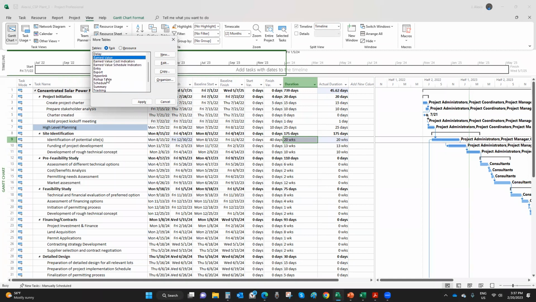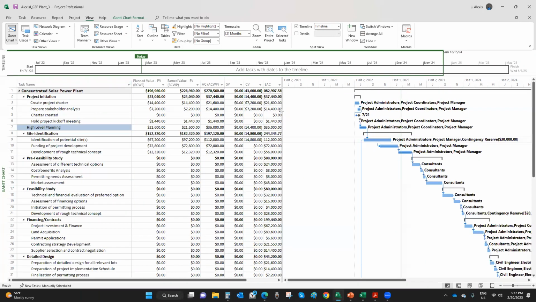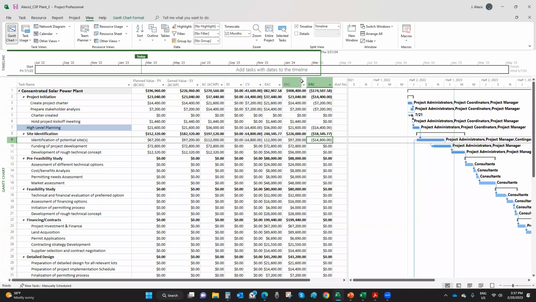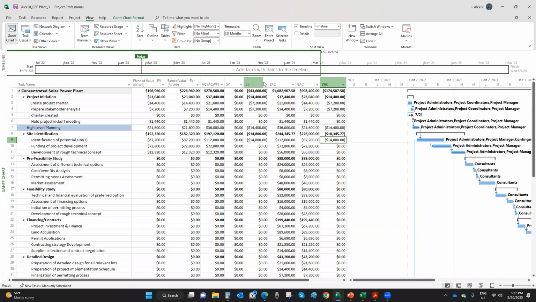Earn value, and click apply. So if you take a look here, I do have very important information. I do have a cost variance now in my entire project. And the cost variance for the entire project is the sum of the variances for the activities where I reported variances